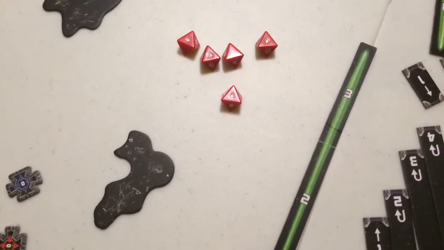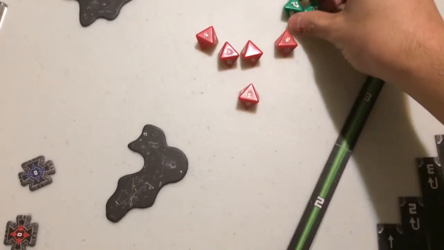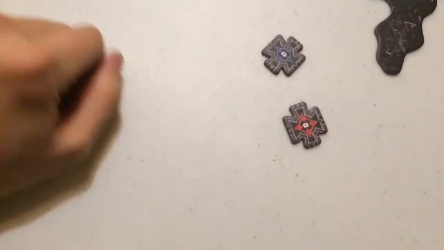advanced proton torpedoes here. So I'm just going to get my attack dice here. That's 4. I need 1 more. And Bosk gets 1. So it's going to be 5 attack dice versus 1 defense die. So Bosk is going to take, regardless of what happens, some really, really heavy